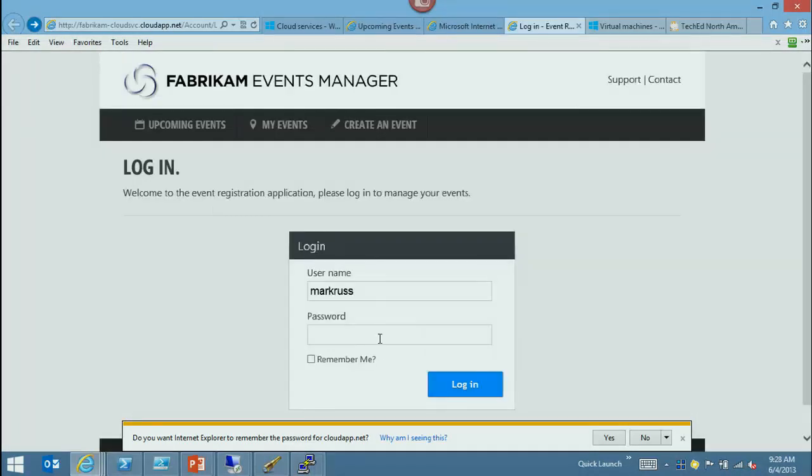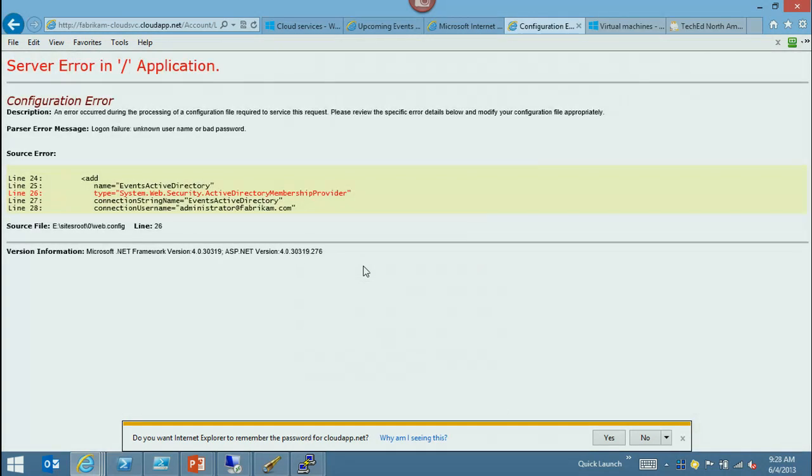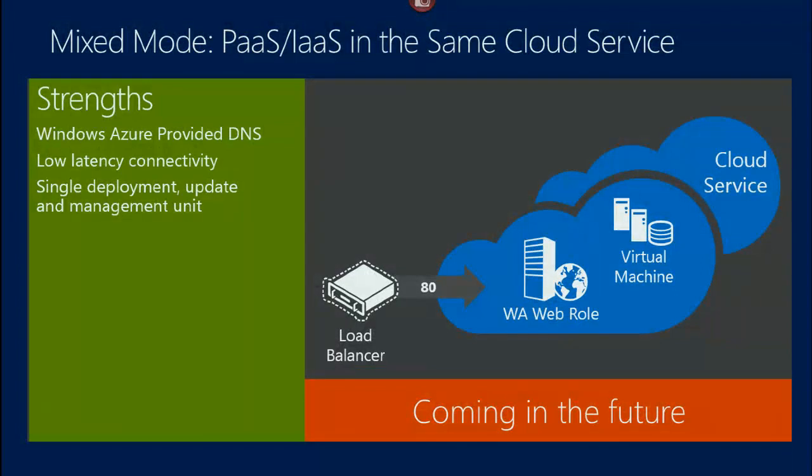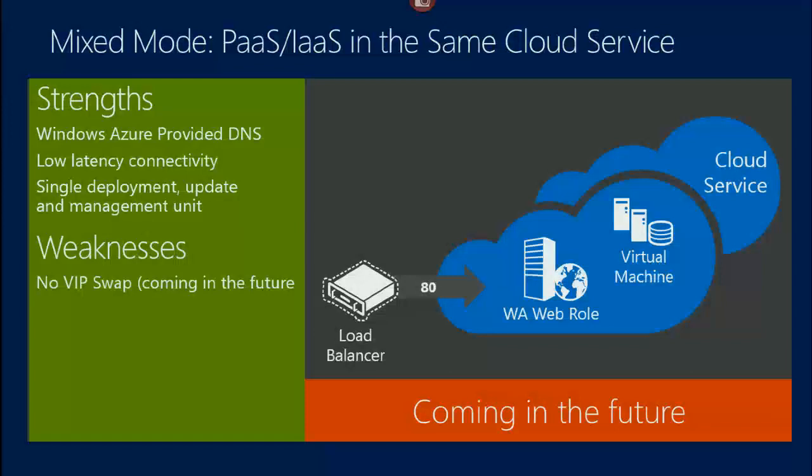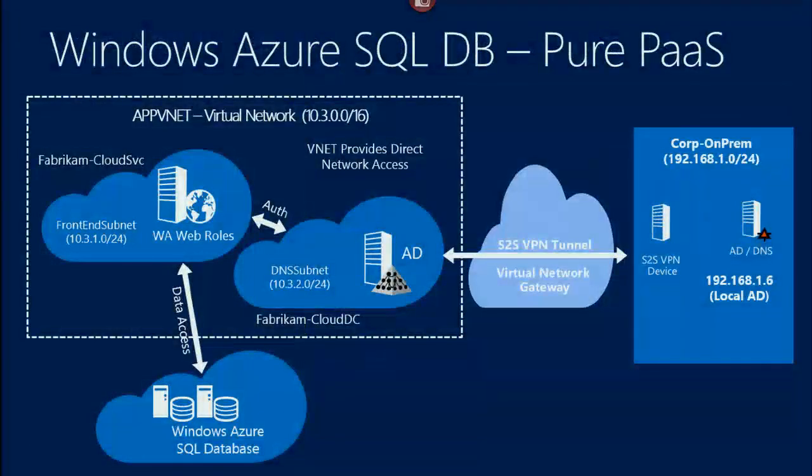Okay. Oh, I know, Fabricam. Maybe. Wait, okay. Looks like something happened here with my demo. But what you should have seen is the exact same list of events, because it's supposed to be talking to the same SQL Server database because it's part of the same virtual network. And then over time, you might want to get rid of those SQL servers and make it fully SQL Azure enabled, which is the final big step, which is just having the whole thing be pure PaaS,